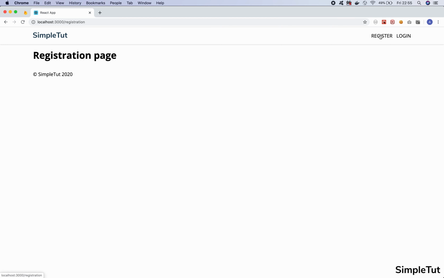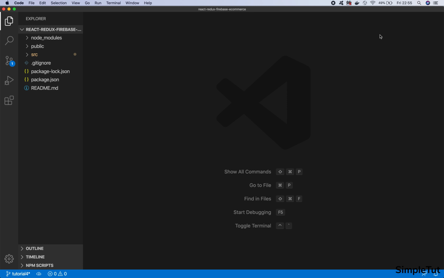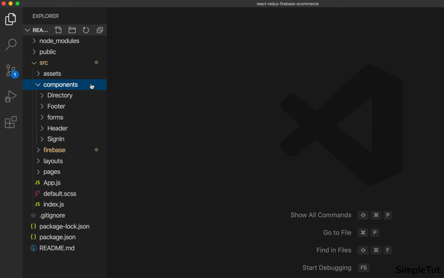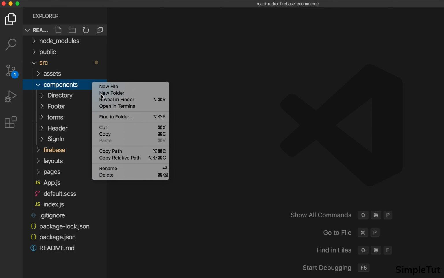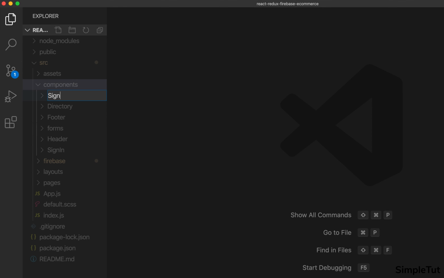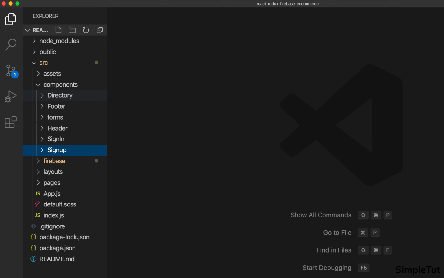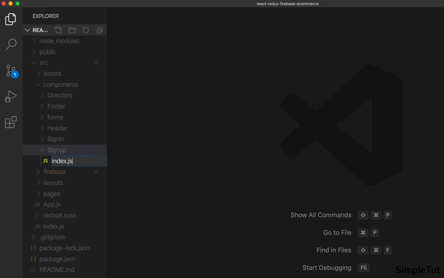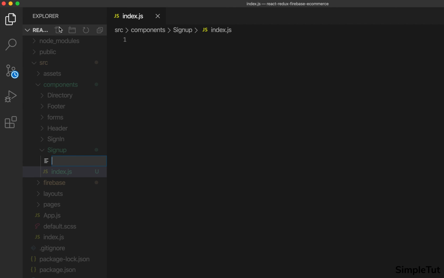The first thing I need to do is build my registration form component. So let's come back over to our text editor. Let's go into our components folder, and we need to create a new folder. We're going to call this our sign up component. It is going to be a class. So the first thing I need to do is create my index.js file and a style sheet, so